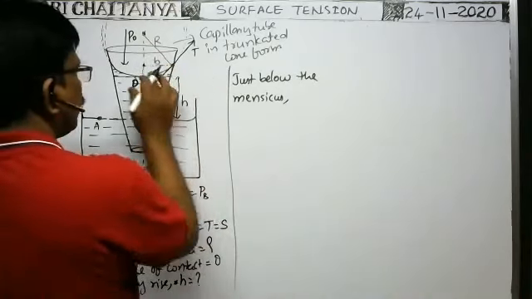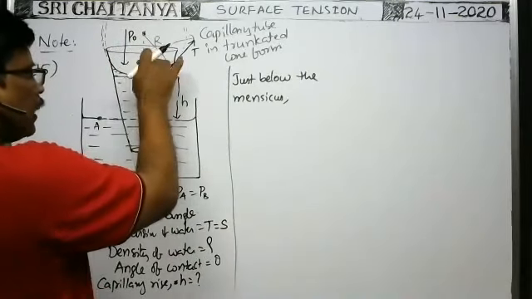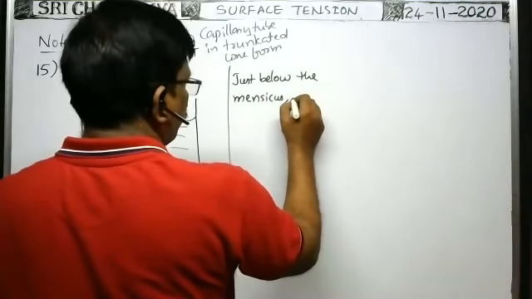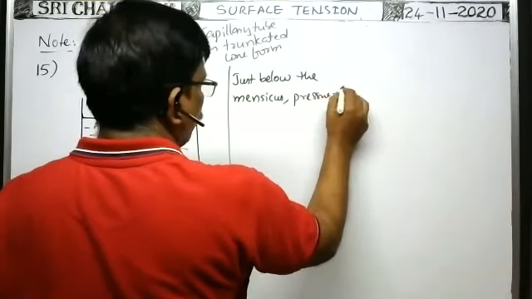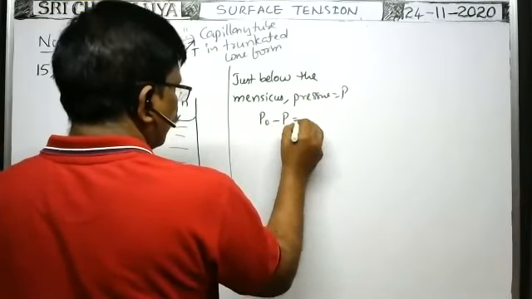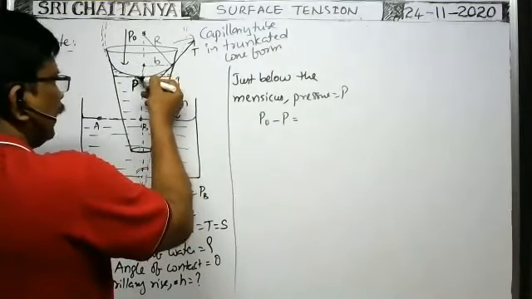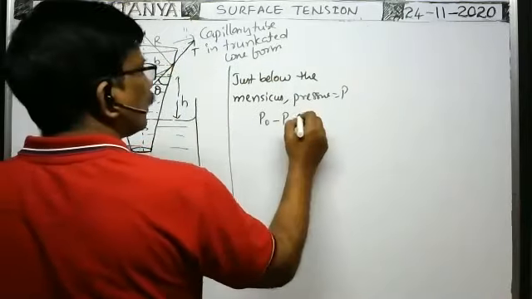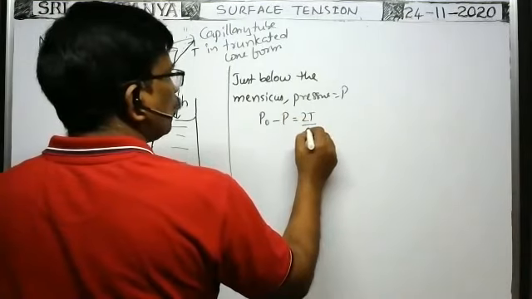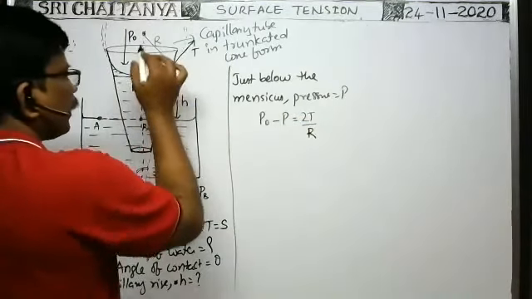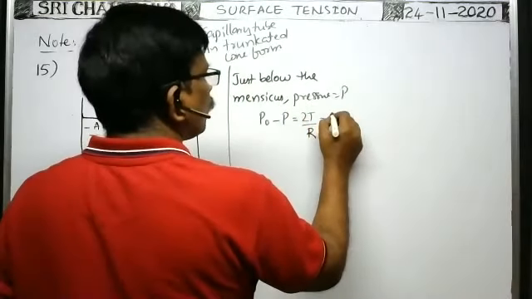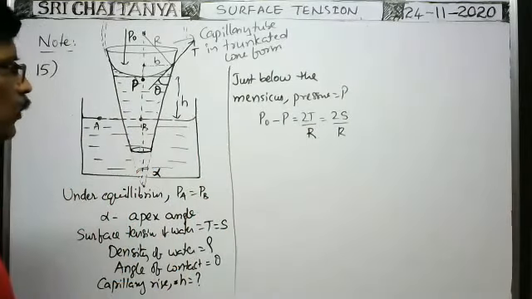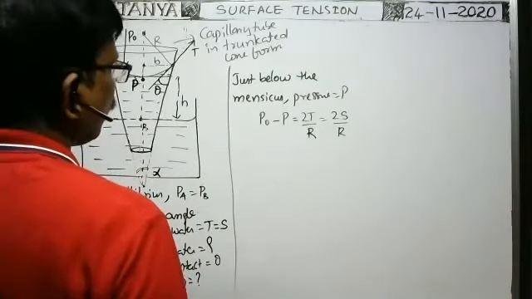The pressure difference across the meniscus means, no doubt, P naught is greater than P. That's why the liquid meniscus is depressed. Therefore, P naught minus P is the excess of pressure, or the difference between the pressures across the meniscus, which, as it is a single surface and the radius of this meniscus is capital R, we can write as 2T by capital R. Because the radius of the meniscus here is capital R, not b. So this is equal to 2S by capital R, because surface tension is given as S. This is one relation we can have.